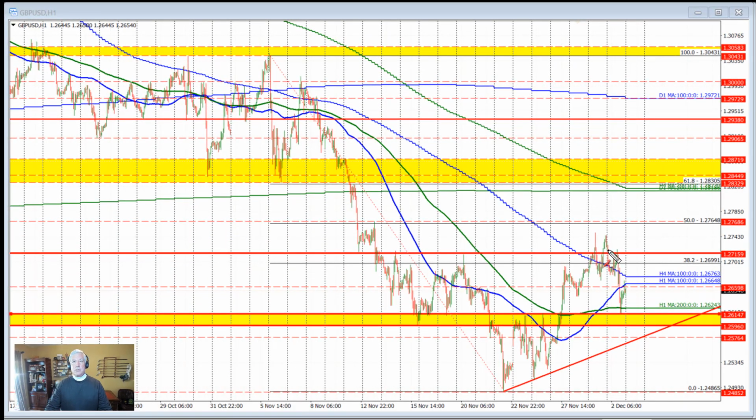Looking at the price action on Monday, we moved lower toward this 100 bar moving average on the 4-hour chart, rotated back to the upside where we moved just above this swing area here. This swing area was defined by a number of different swing lows and swing highs going back in time. These are some of them, and it's kind of a rough level. There's some levels a little bit above, a little bit below. But as you can see, we moved a little bit above it and then rotated back to the downside. So let's call that a nice hold on the top side of 127.15, and we rotated back to the downside,